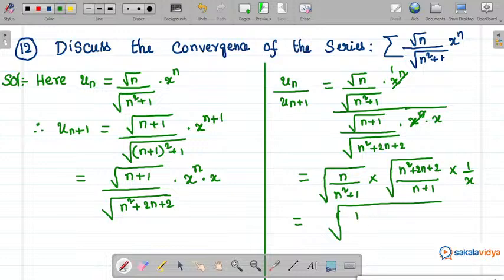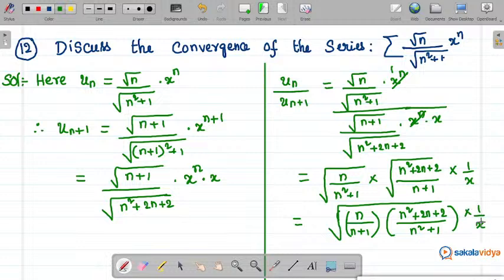This we can modify like this: n upon n plus 1, or n divided by n plus 1, into n square plus 2n plus 2 by n square plus 1. Just we can modify like this, into 1 upon x. This is the un by un plus 1 value. I have written n by n plus 1 into n square plus 2n plus 2 by n square plus 1. That's all. So further it can be simplified as, actually here